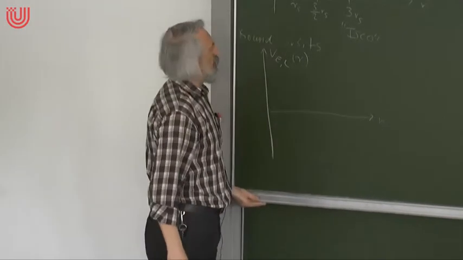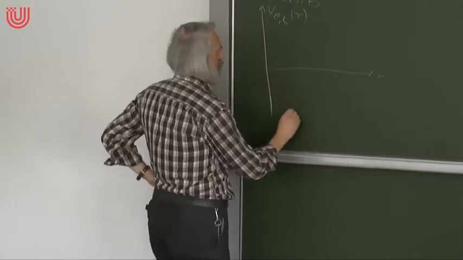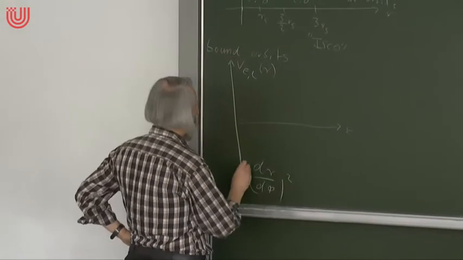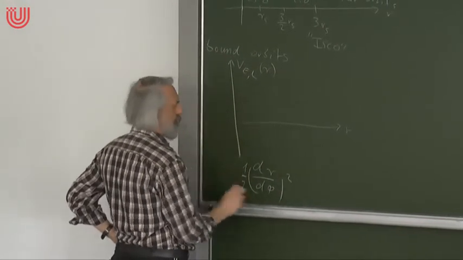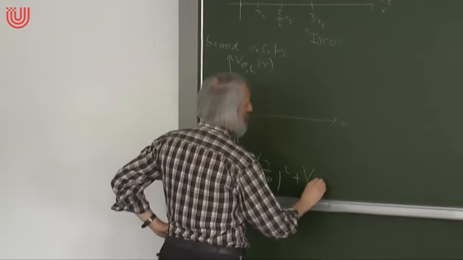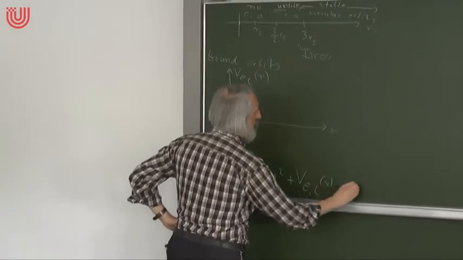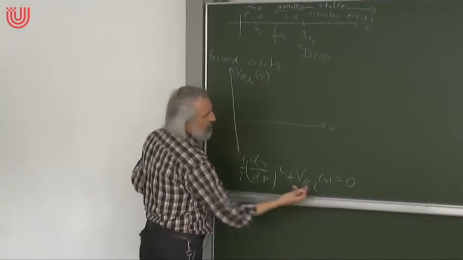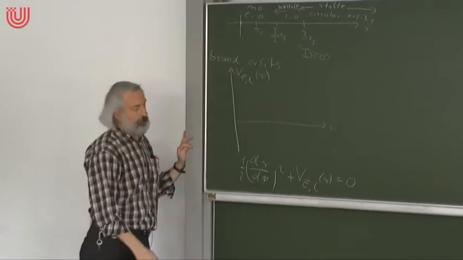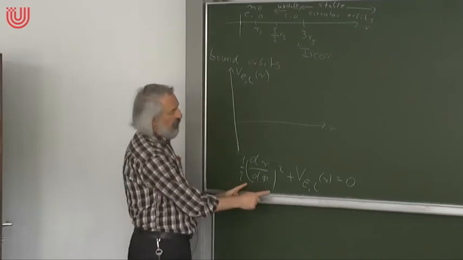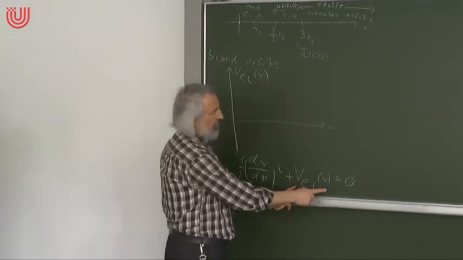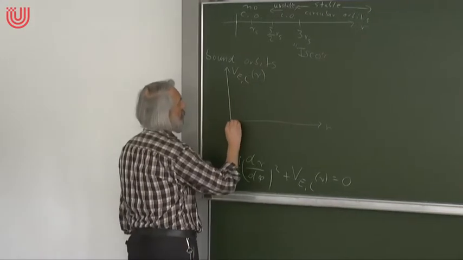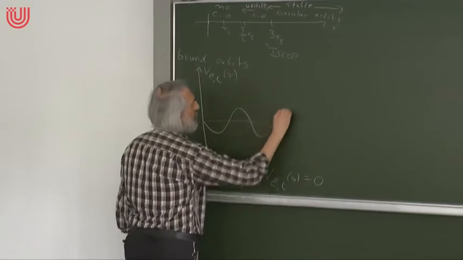And it was introduced in such a way that along each orbit we have the equation (dr/dphi) squared, with a factor 1/2 just for convention, plus V_EL of r equals 0. So you see the allowed regions are the regions where the potential is negative. And the turning points, where dr/dphi is 0, are the points where this is equal to 0. And the shape of the potential, if you want to have a bound orbit,